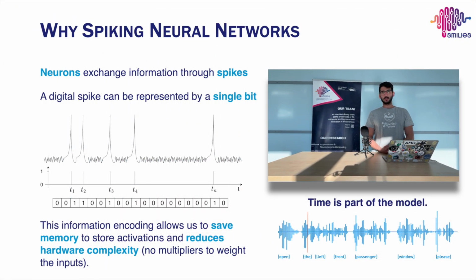First, let's go a little bit more in detail in what spiking neural networks are and why we need to accelerate them. Spiking neural networks are a particular kind of artificial neural networks which is inspired from how our biological brain works. First of all, neurons exchange information in form of streams of very short pulses, which are called spikes. And because they elaborate these streams of data, they are particularly suitable to elaborate temporal series, like audio signals